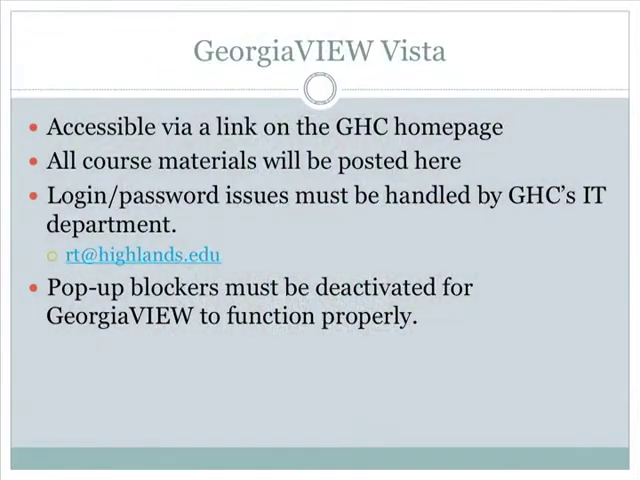So we're going to start by talking a little bit about the course delivery, how you will get access to the materials this semester. The course can be found on Georgia View Vista, which is the course delivery system that Georgia Highlands uses for online classes. This is going to change in the future, but for right now it is Georgia View Vista, and you can access this via a link on the Georgia Highlands homepage. And like I said earlier, everything that we do in the course will be posted here, so it's going to be very important that you're able to log in